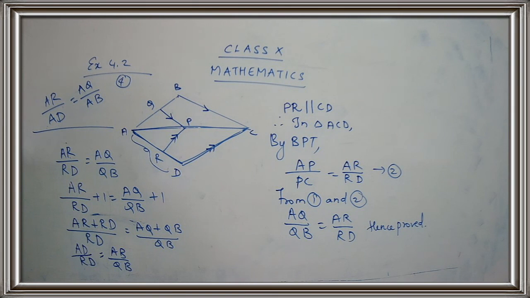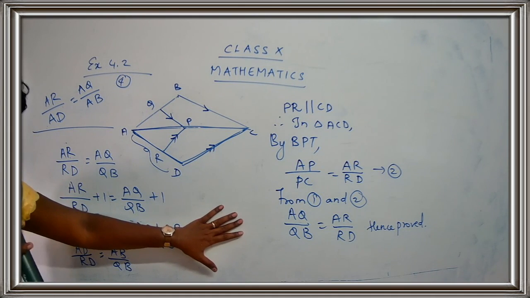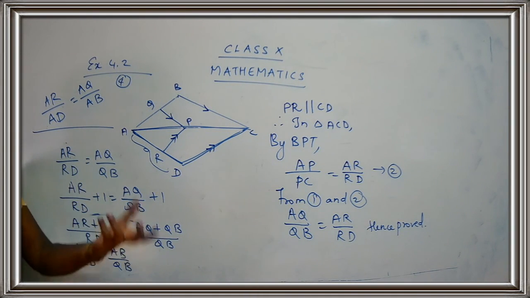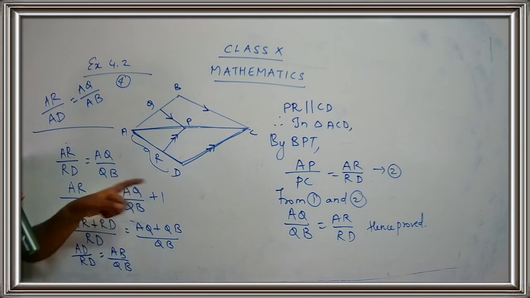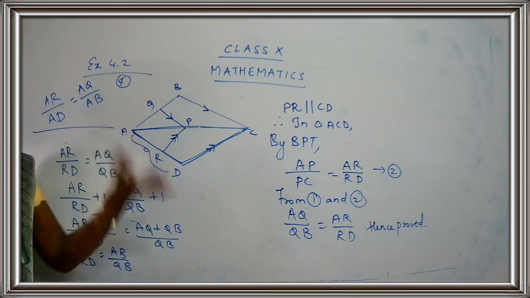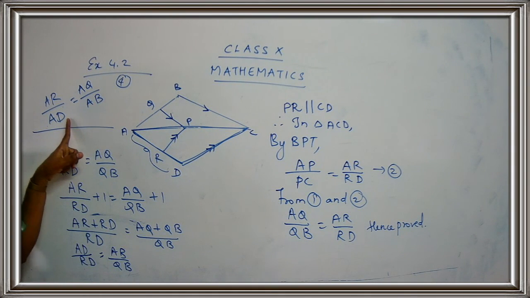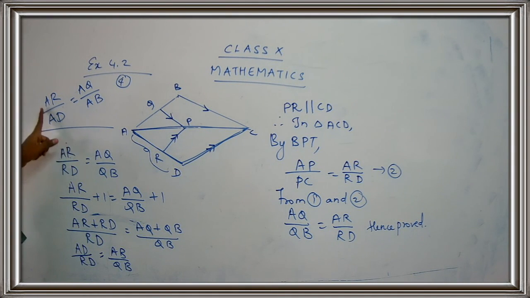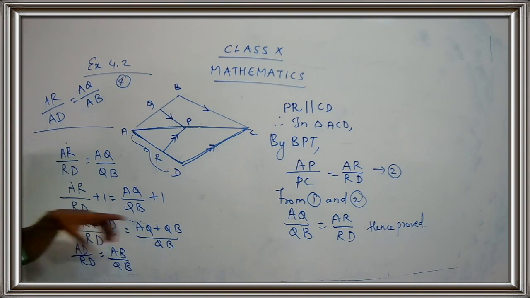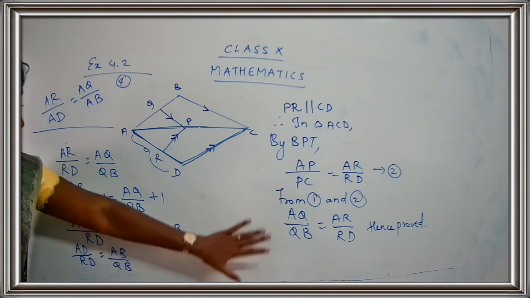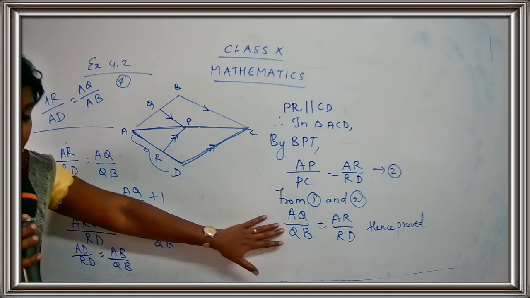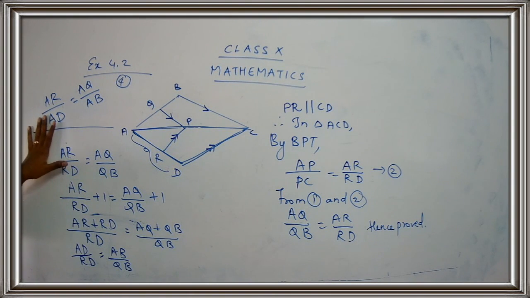Choosing this method is not correct. We are not able to get the answer when we choose the same ratio. That's why I have told you that we have to try whether you have to take the same ratio or the reciprocal of the ratio. I tried the same ratio and I am not able to get the required answer. That was the first part that we had to prove. So now what are we going to do here? We are going to take the reciprocal of the ratio. Why? Because when I took this ratio, I was not able to arrive at the correct answer.